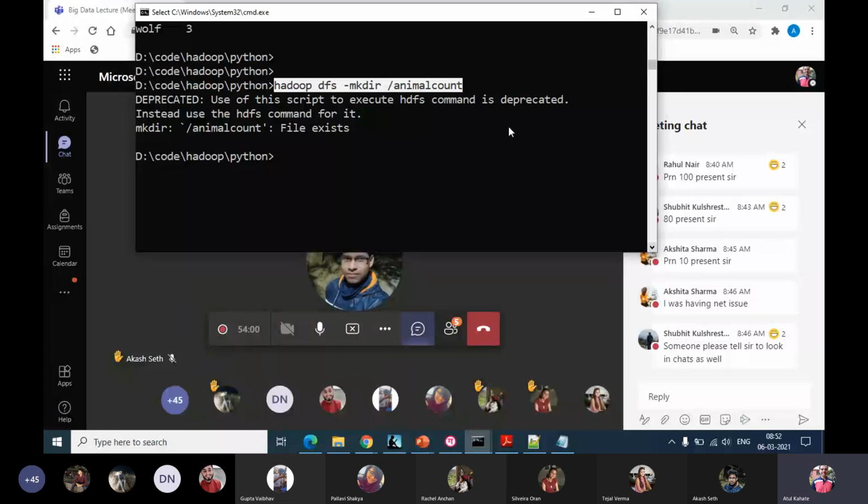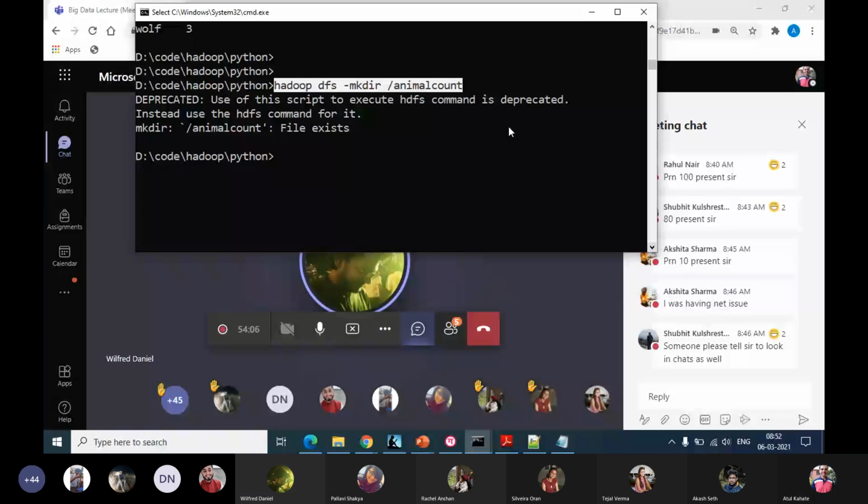So this new folder will be created under which directory? In the D drive directly? No. Okay. So if this is confusing you, this will get created inside the Hadoop managed area, that is inside the Hadoop HDFS system. Obviously, if you have installed Hadoop in D drive, yes, physically it will get created in D drive.